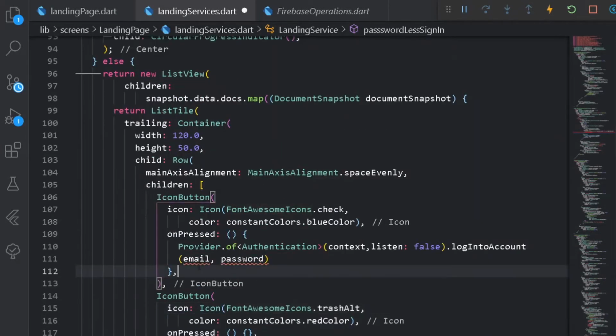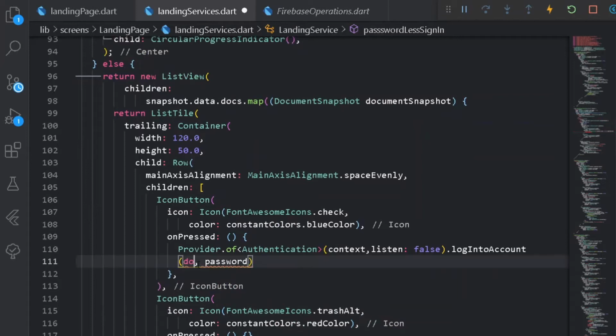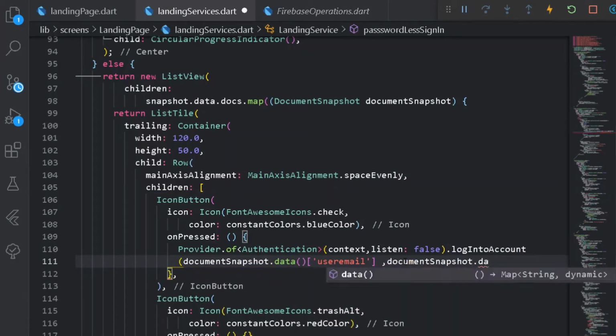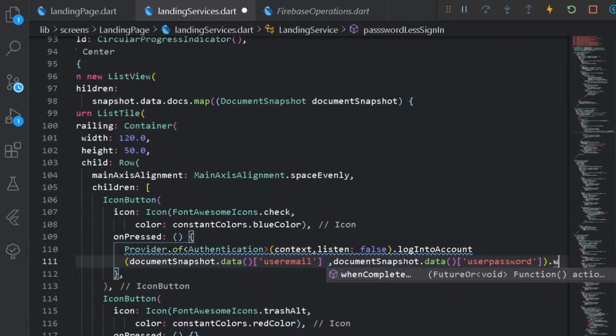The following method shall be taking two parameters, which is email and password. So for having the following email, I shall be taking help from a document snapshot, which is data from my users. So for that, I shall be simply writing a document snapshot dot data. From this, let's have user email, not user name. And after having this thing, we shall be having a password as well, which is stored under our Cloud Firestore. So for that, I shall be writing document snapshot dot data, and under this, let's have user password. So once the following thing is done, we can have our whenComplete phrase.